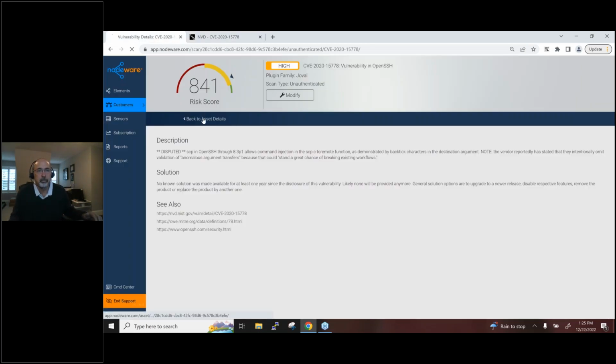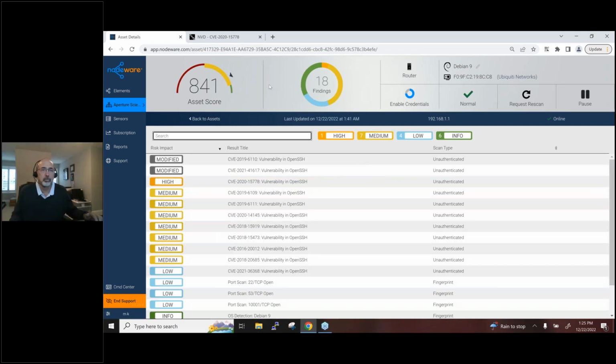So I do kind of push that is the recommended deployment, which is agents wherever you can. All your systems, servers, laptops, desktops, anything that can receive an agent, deploy the agents. And a sensor to scan everything else, all your network gear, your printers, your VoIP phones, your IP cameras, and so on and so forth. So it's a mixture of both. So that's kind of the data set.